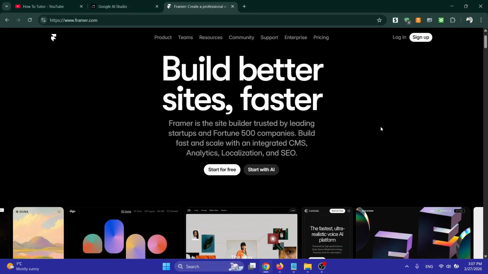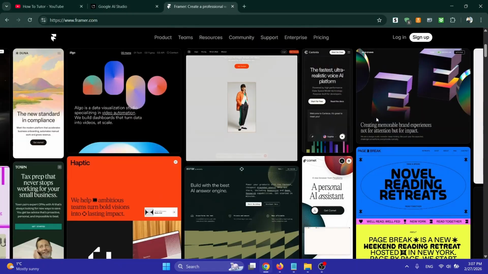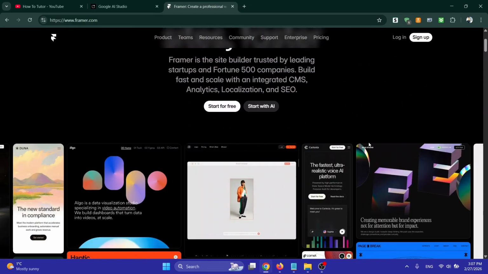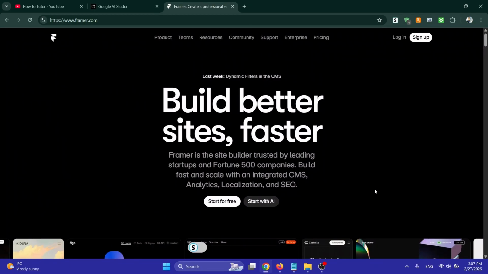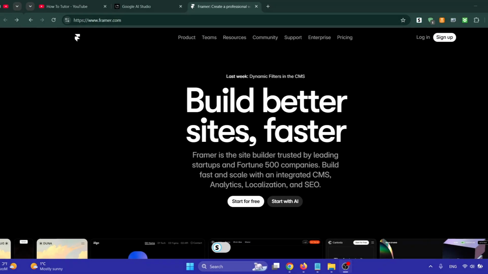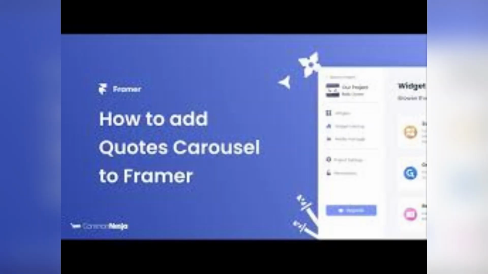Adding a carousel in Framer is simple thanks to the built-in carousel component, which provides smooth, swipeable content without any coding. To start, open the Insert menu in the top left corner, navigate to the Interactive section, sometimes under Basics, and select Carousel. Drag it onto your canvas, and then add your content such as images, cards, or text directly